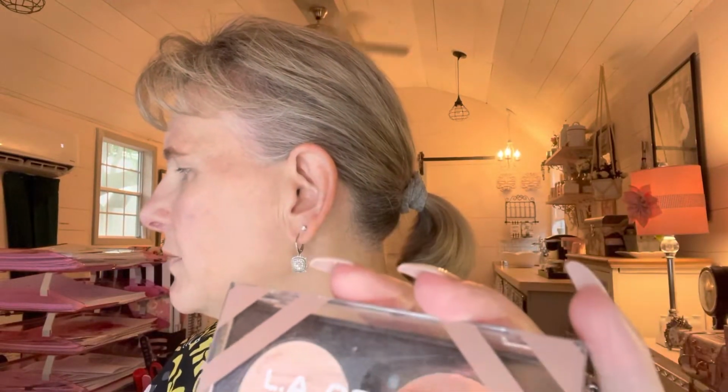Okay, so now I've done my concealer, I've done my tinted moisturizer. Now I'm going to come in and I've done things a little bit differently. I found something that I'm liking a lot better. This is my contour. I don't use a real heavy contour as we've talked about before. I'm just coming in and I'm mixing on the end of my brush. And before I put my powder